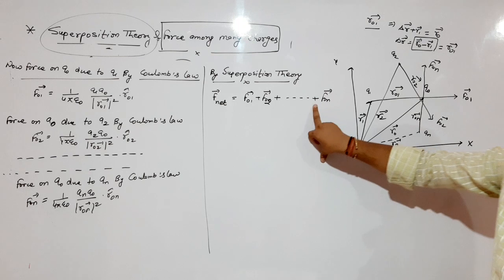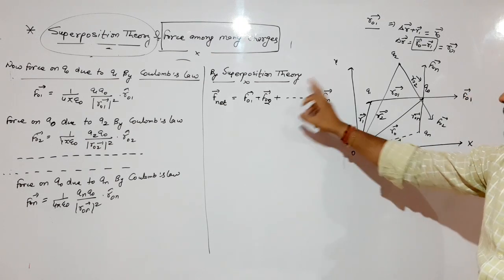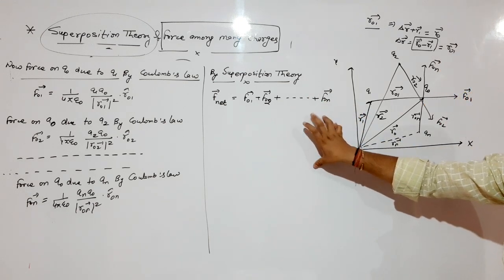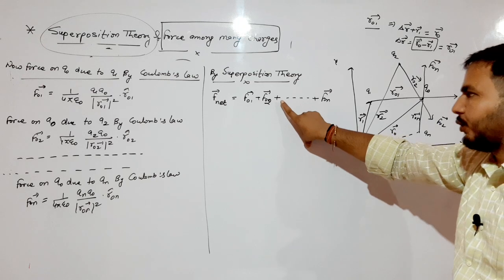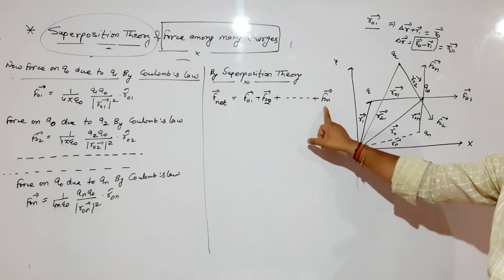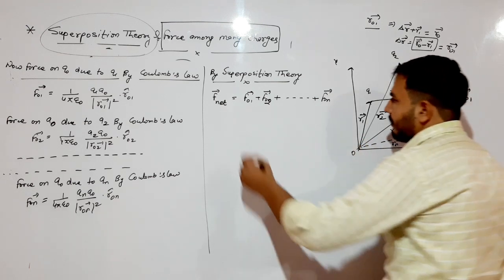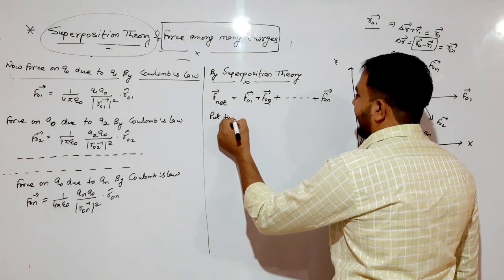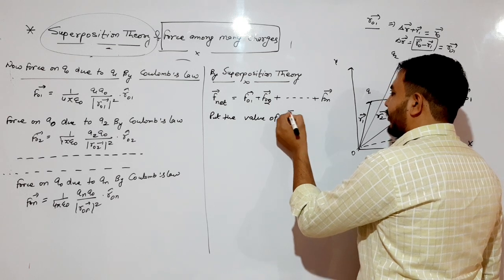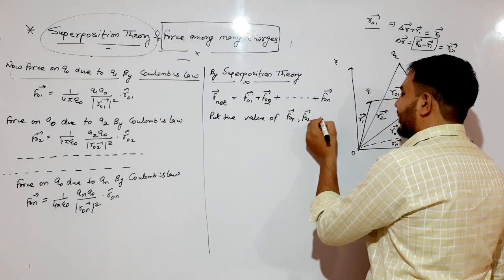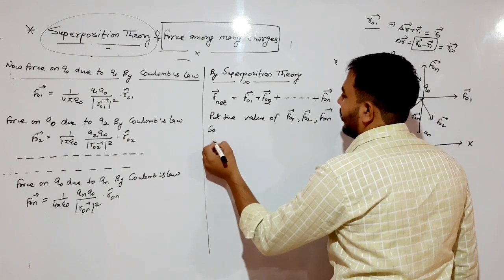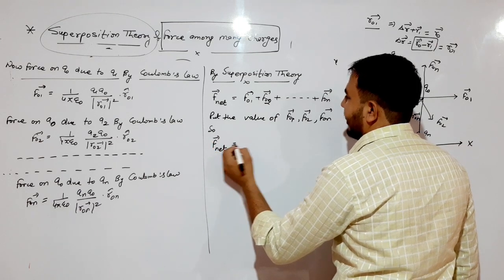If you don't use the plus sign, then all the terms are in multiplication. So remember one thing, if you use 'up to', then first write plus, up to, plus F0n. Clear? Put the values of F01 vector, F02 vector, F0n vector. So F net vector is equal to